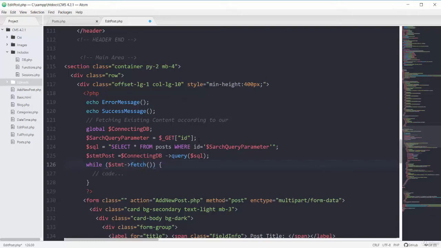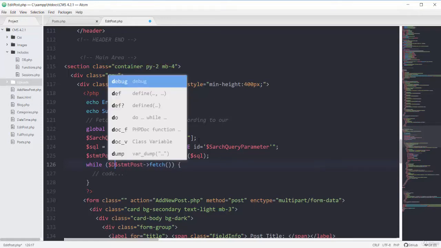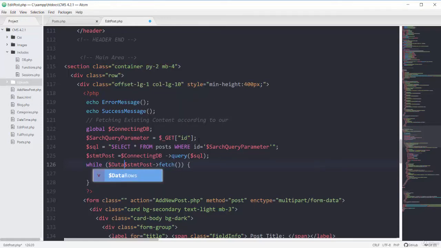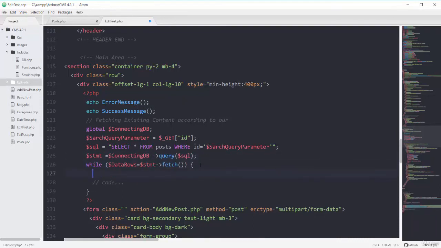So stmt fetch, and we have to put stmt post fetch, and it will be equal to data rows. Let's stick with the one format that we have been using so far. Then here I will have a couple of variables. So the first variable will be title to be